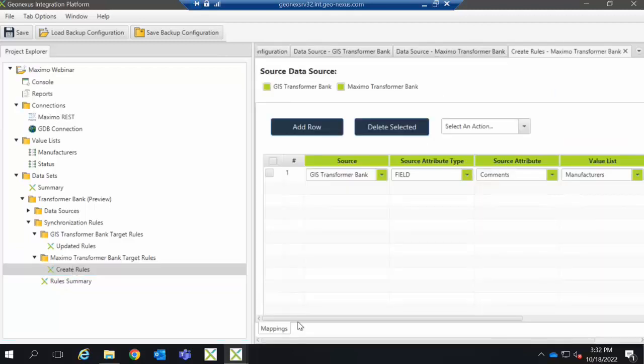When we see a new record in GIS that has a unique identifier that doesn't have a matching unique identifier in Maximo, we see, oh, there's something in GIS, there needs to be something in Maximo. What are we doing on creates? Well, the created Maximo record will have all of its data source